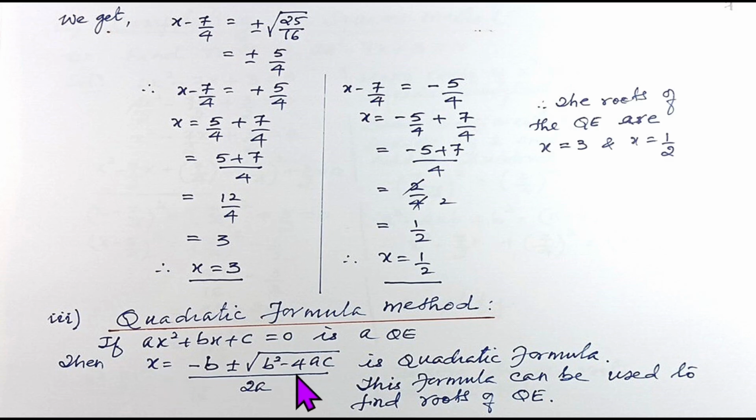So the quadratic formula is x is equal to minus b plus minus root of b square minus 4ac upon 2a, where b is the coefficient of x, a is the coefficient of x square, and c is the constant. Substitute the values in this and then get the roots of the given quadratic equation. But before I proceed with the application of this quadratic formula, let us derive this quadratic formula. We will derive this quadratic formula in our next learning session, and then proceed with application of the quadratic formula